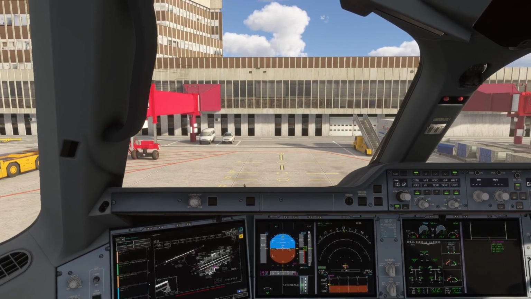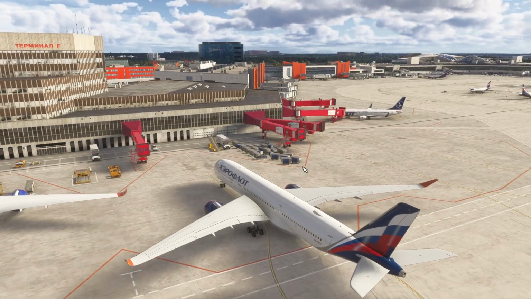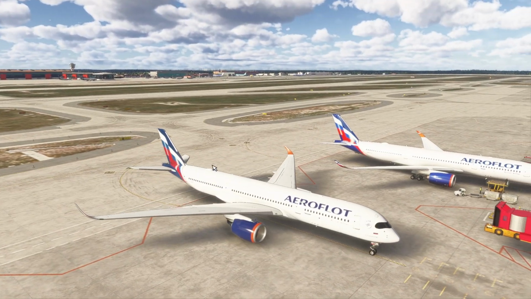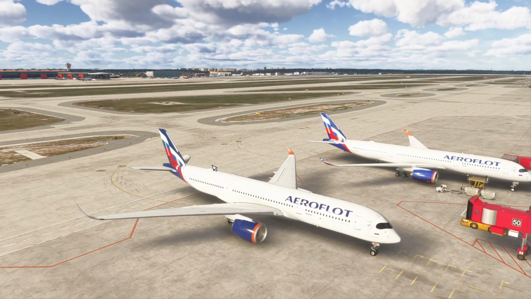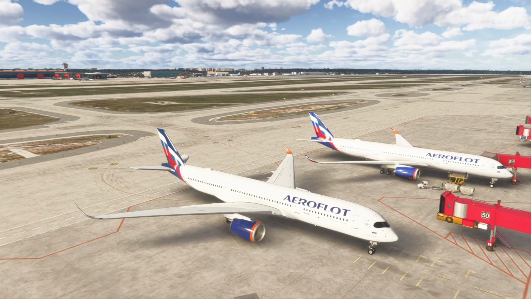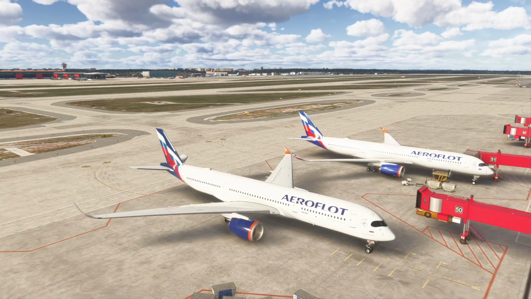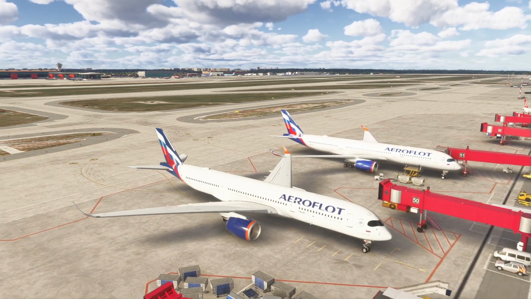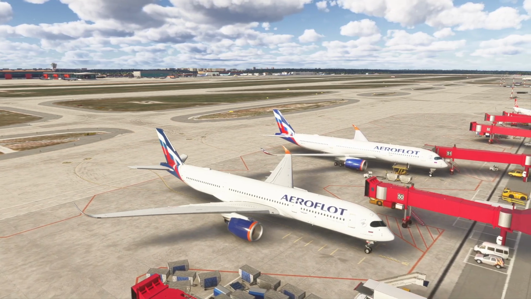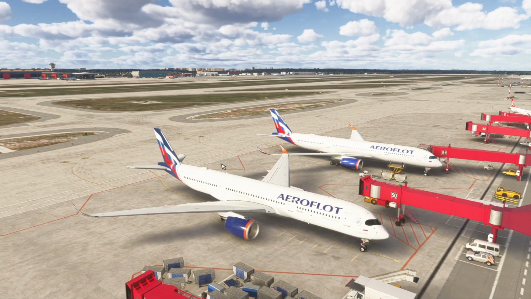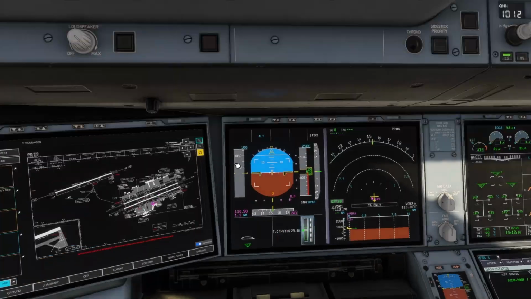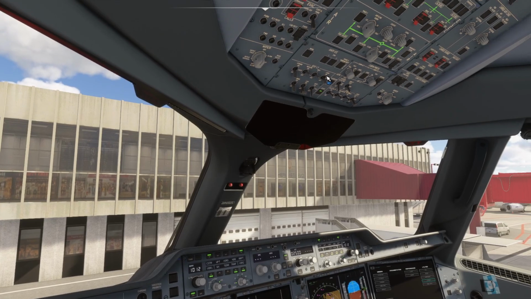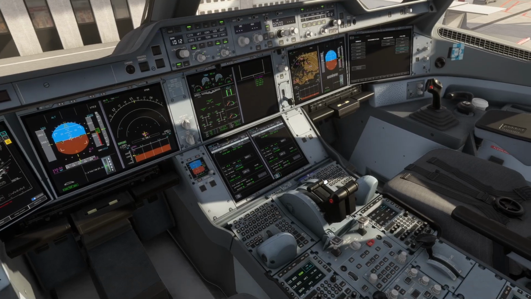Okay. Yeah, we are definitely gonna hit the winglet of the A350 right beside us. Stop! Perfect! See? No need for GSX. And APU bleed on.